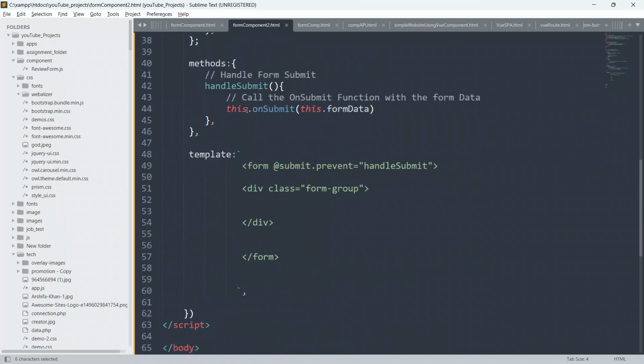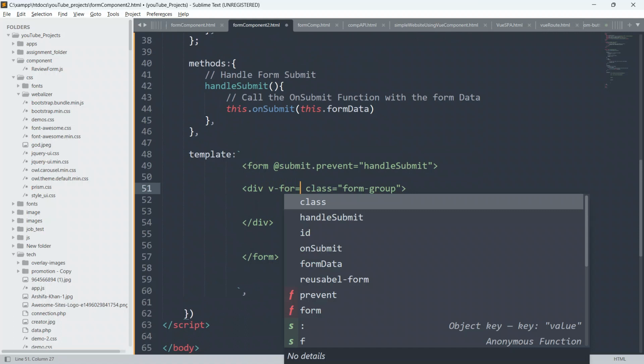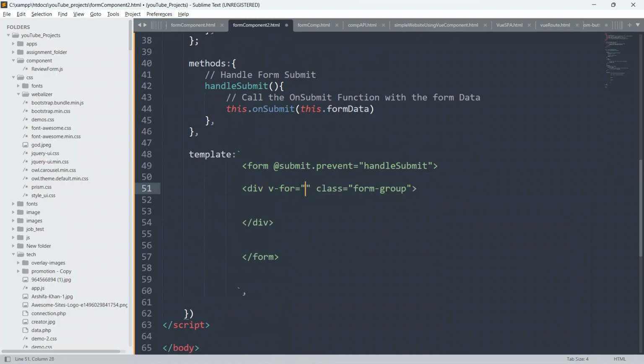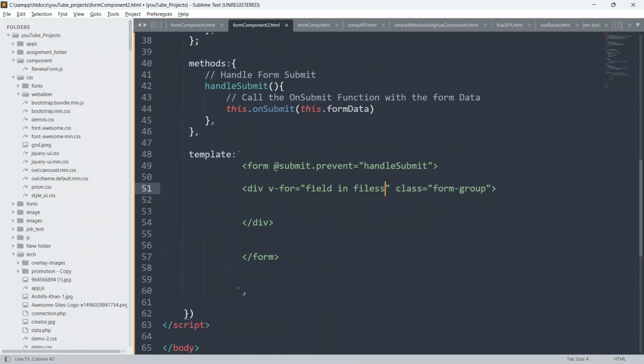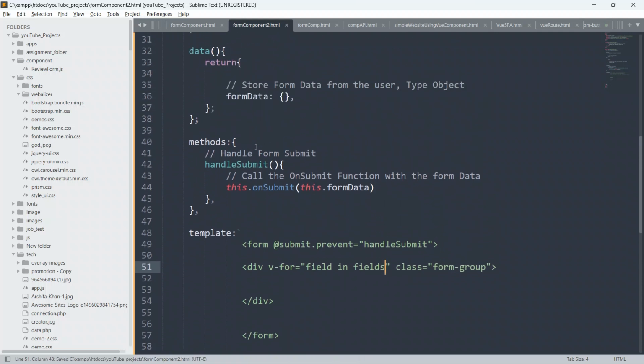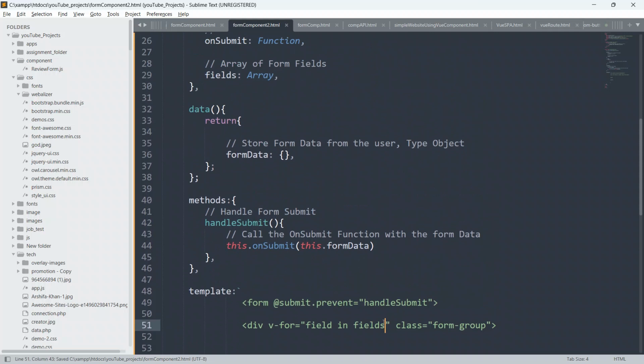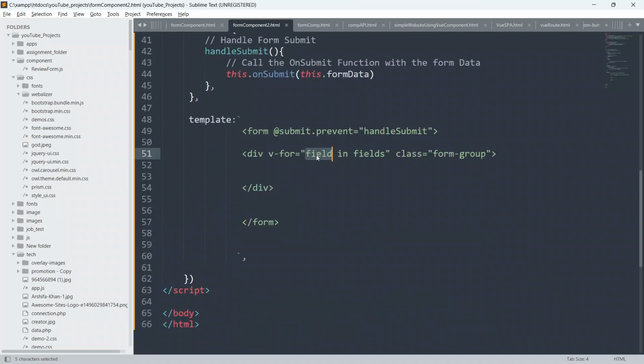Now I will say v-for equal to, in double inverted commas, field in fields. This fields belongs to the fields array, and field is a variable.